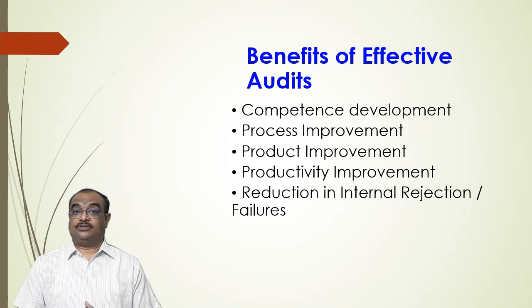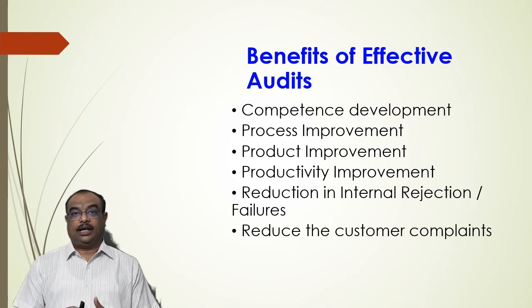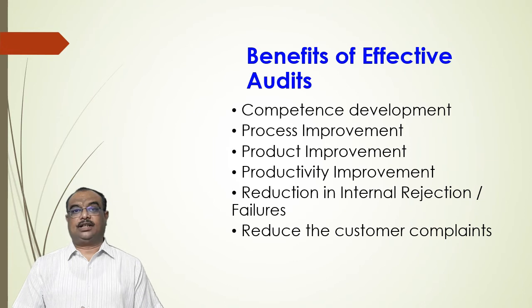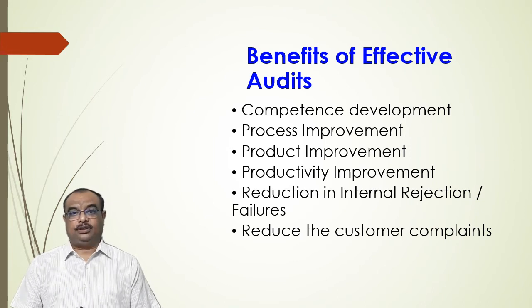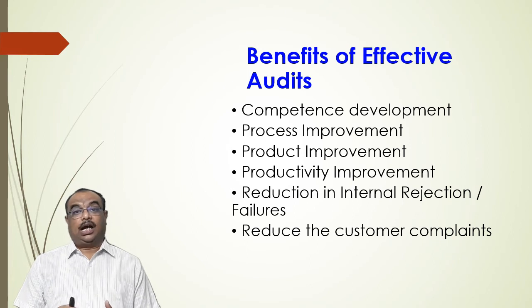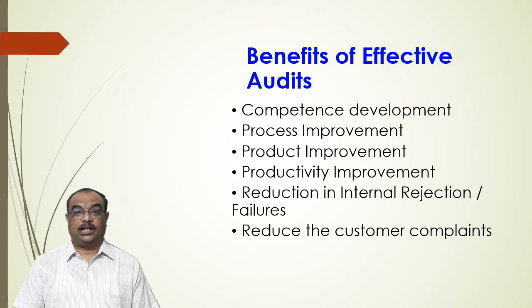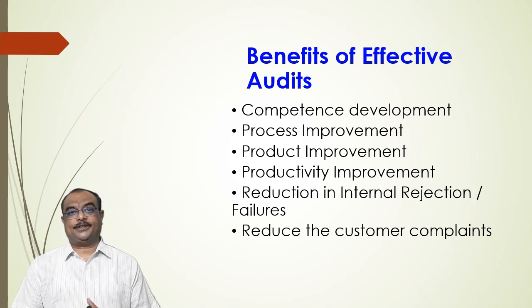So as an auditor, it is very important to see the quality management system effectiveness and further continual improvement with respect to productivity improvements, internal rejection reductions, customer complaints, cost of poor quality, and so many other things. If you see ISO 9001:2015, it also shows that audits should be effective. During the course of an audit, the auditor has to identify the further scope of improvement and evaluate the quality management system effectiveness with respect to the KPIs, performance indicators or objectives.